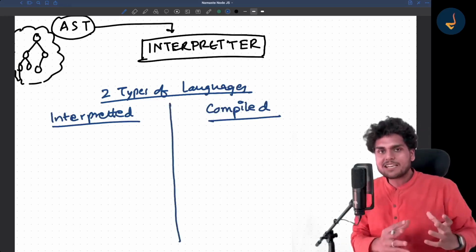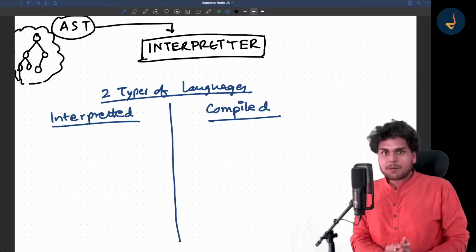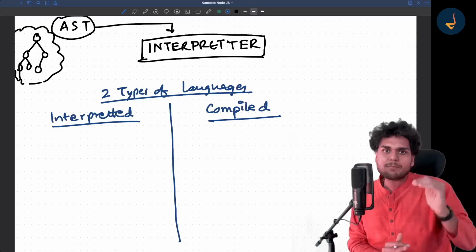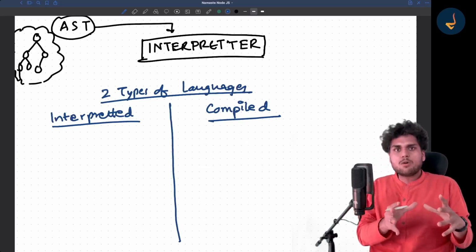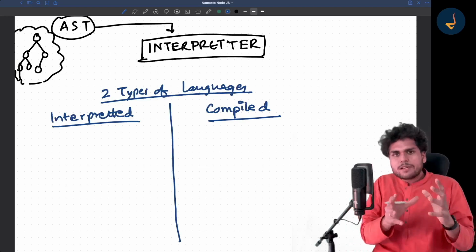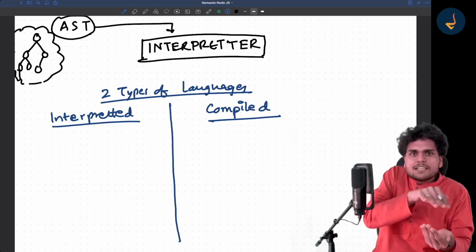How the code is executed in each. In interpreted languages, there is an interpreter which reads the code line by line. As soon as you give it the code, it just starts reading the code line by line.